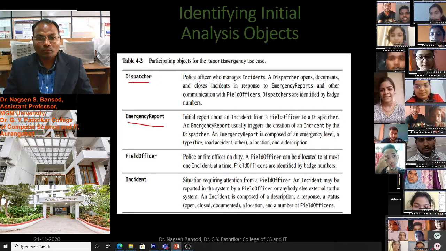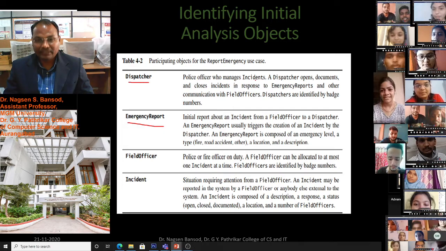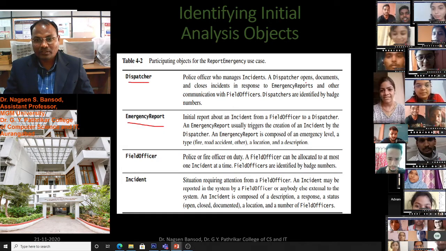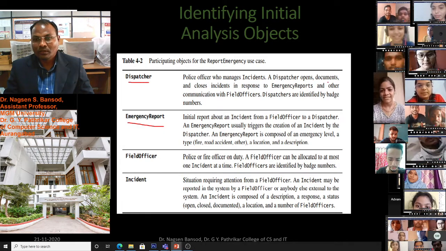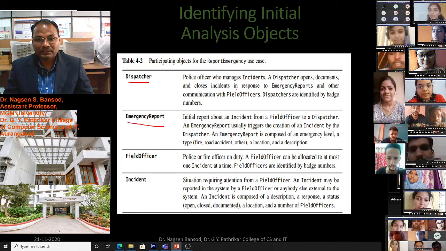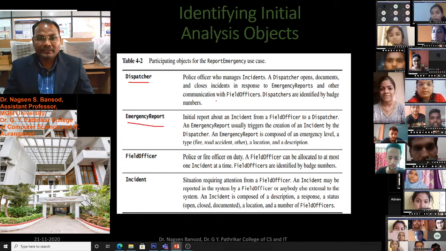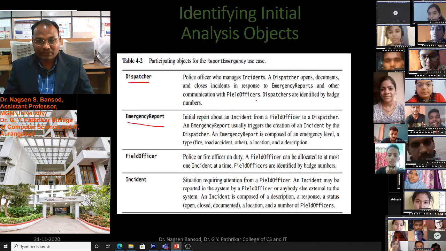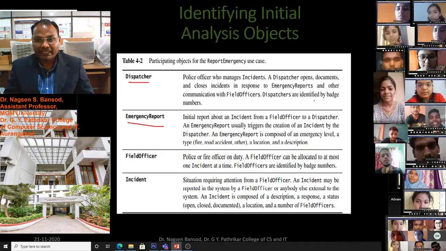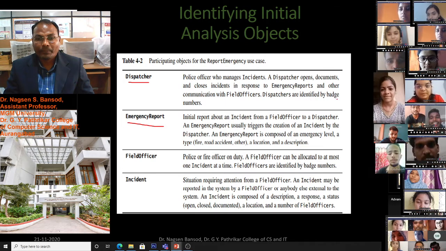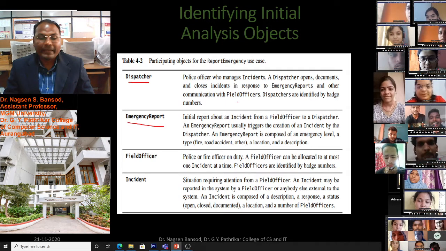Dispatcher, a police officer who manages incidents. A dispatcher opens, documents and closes incidents in response to emergency reports and other communication with field officers. Dispatchers are identified by badge number.